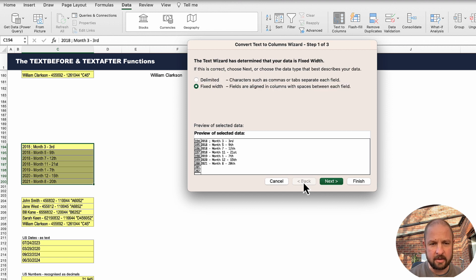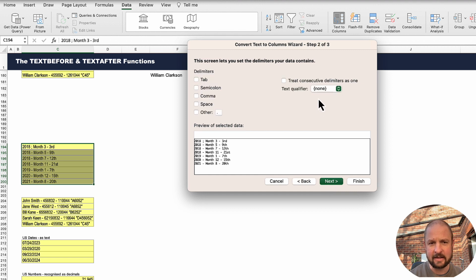But typically, I don't think people use text to columns for that. I think they use them for the delimiter function. So we'll click on delimited, click on next. This takes us to step 2 of the wizard. And this is where we can choose the delimiters that we split this set of text strings up across multiple